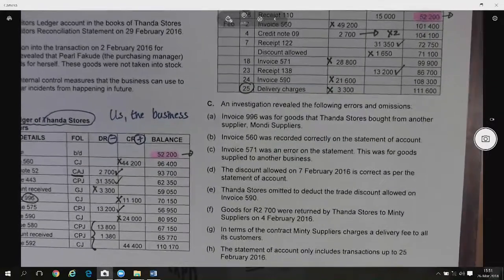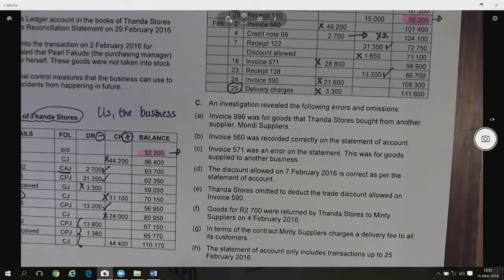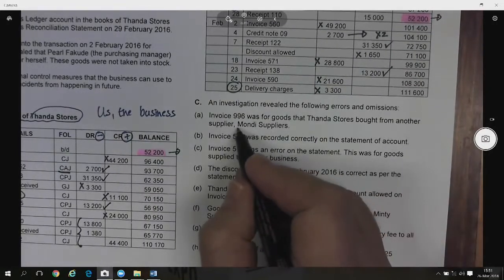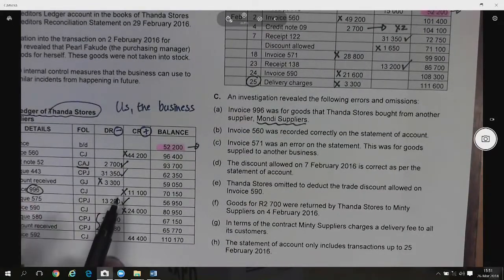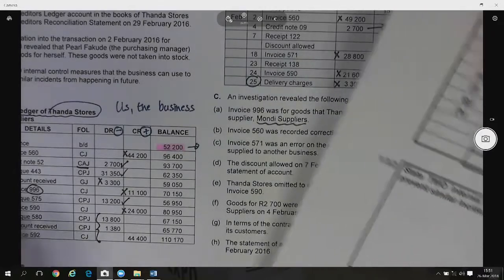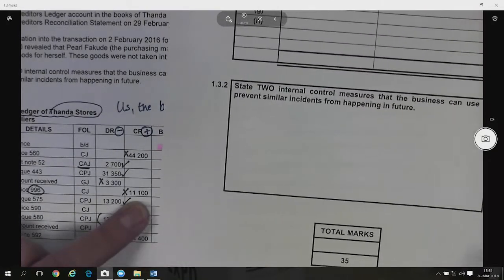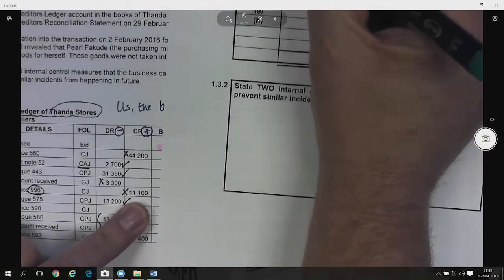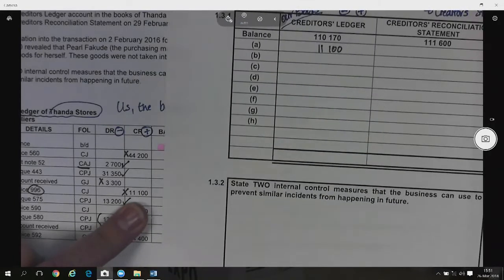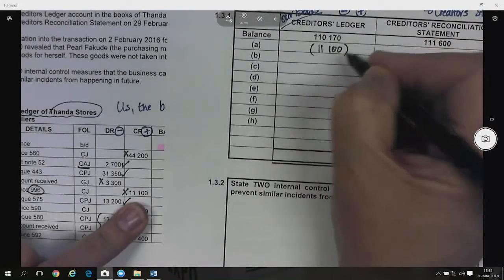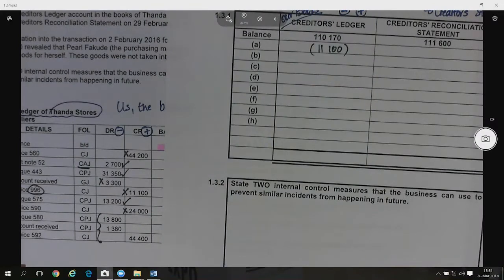Let's read. Invoice number 996 was for goods that Tanda Stores bought from another supplier, Mondi. So we were not supposed to put it on the account of Minty Supplies. So we made the mistake and we must correct the mistake. It was 11,100 Rand for number A, 11,100. Remember, it's on the plus side. So we must minus that amount because we put it on the wrong